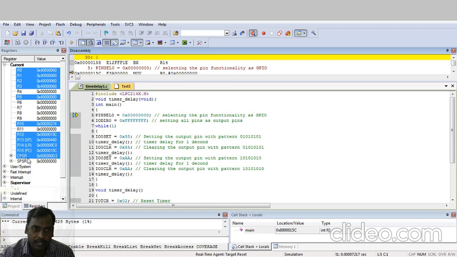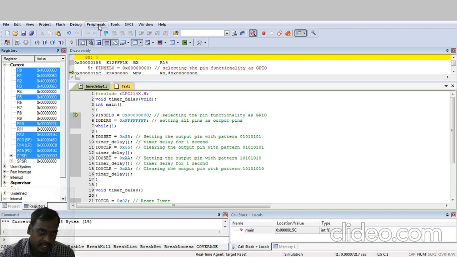CPSR is the current program status register, and SPSR is the saved program status register. The current program status register performs the flag operations. Suppose, as in the previous class, the addition program: after the addition, if any carry came, it will set the carry flag. If any overflow occurred, it will set the overflow flag. Like that, here also similarly.